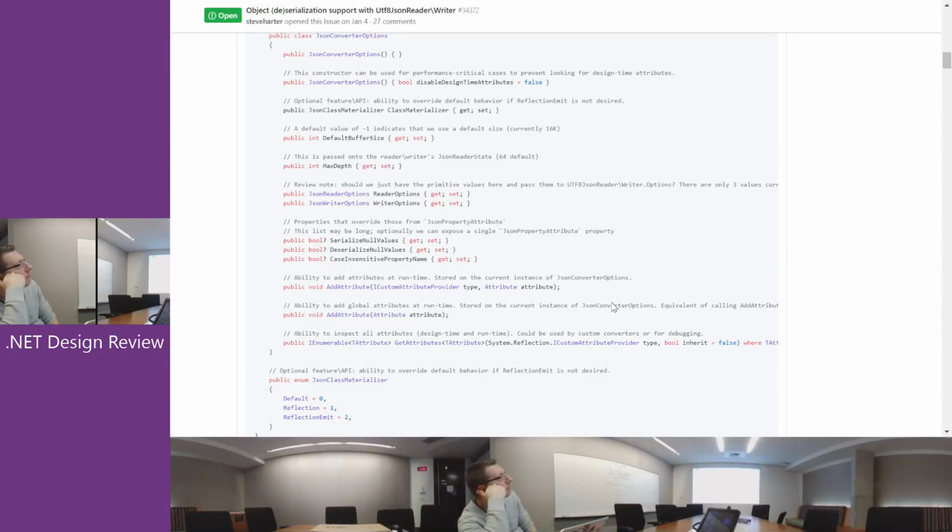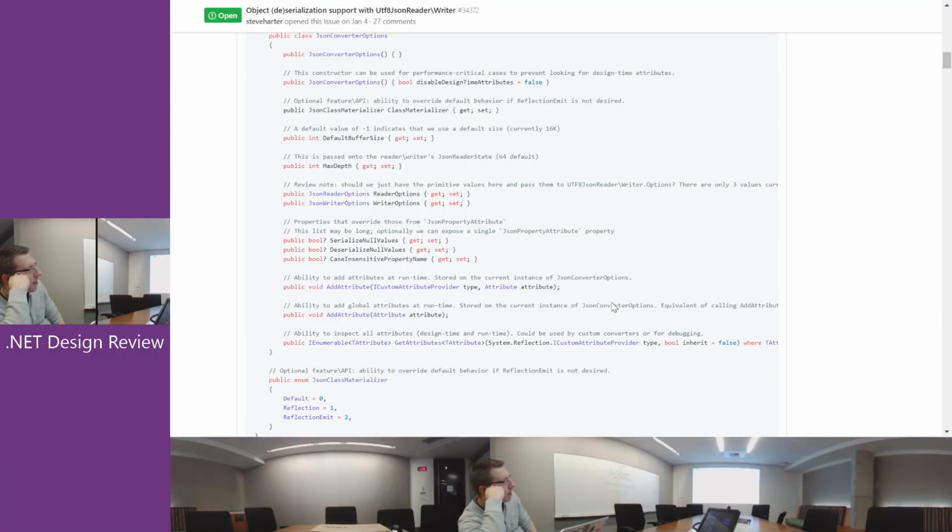You would have to pass that in at runtime to add attribute. And I guess that was the discoverability, I guess, for these common properties. I see. Or that you might want. So you can still call add attribute, pass in the class you want to apply these to, and then pass in an instance of JSON property attribute with whatever values you want to be applied